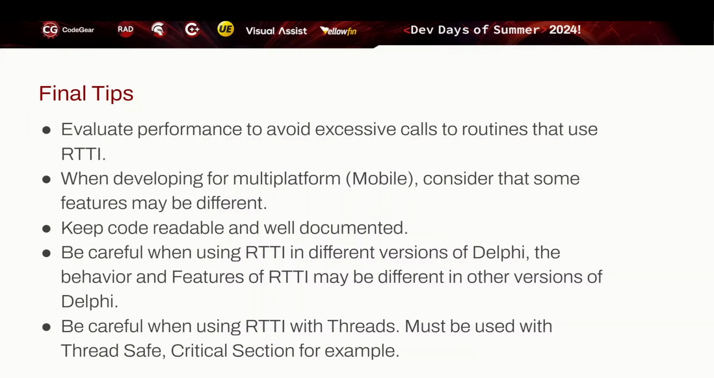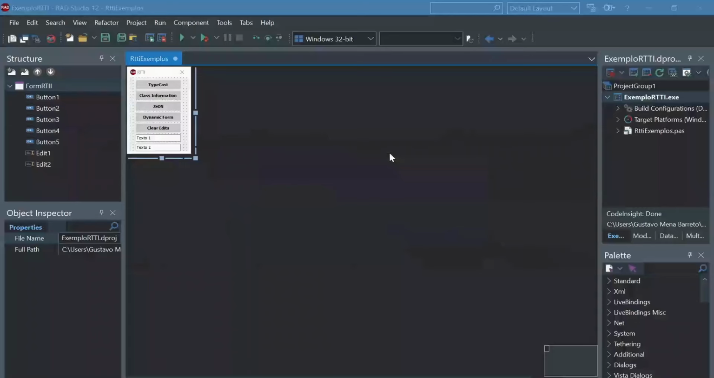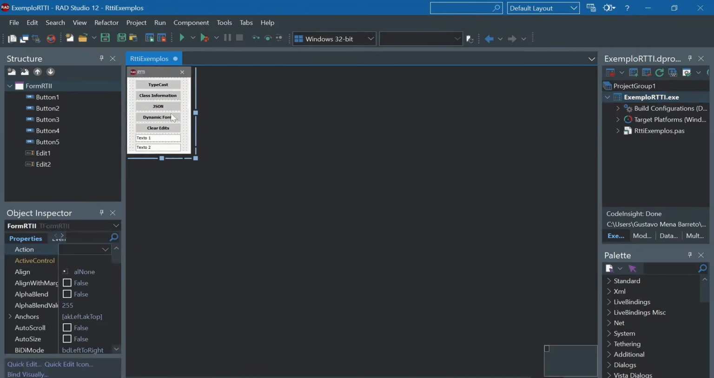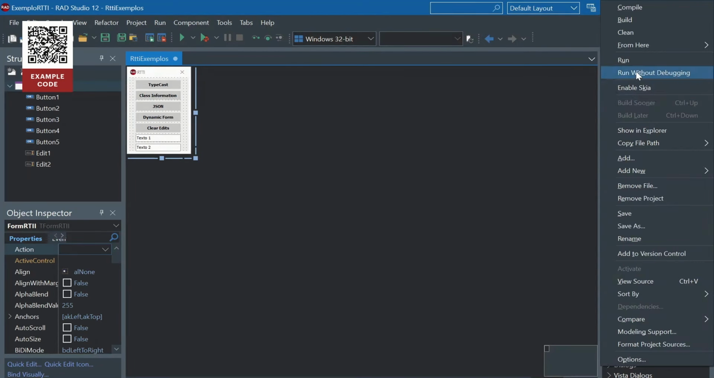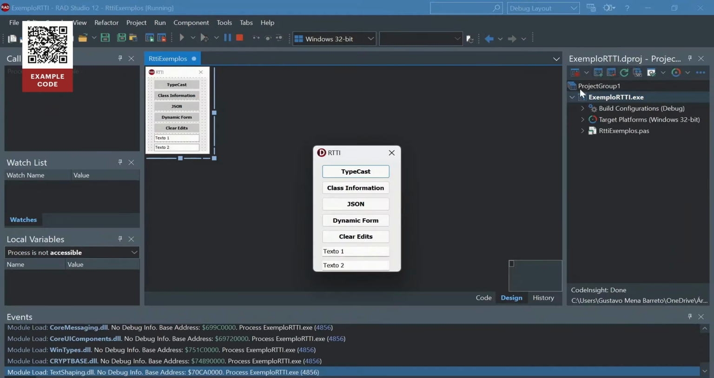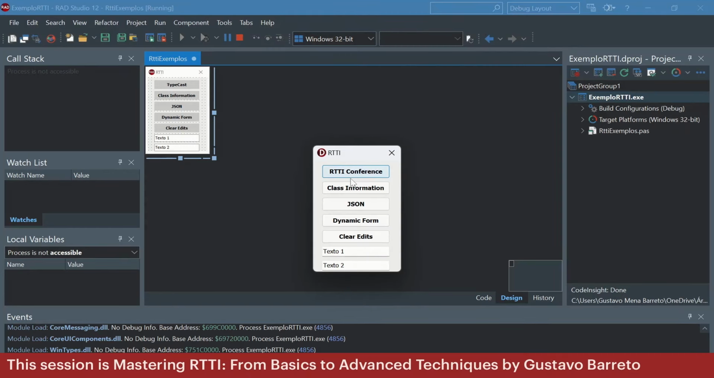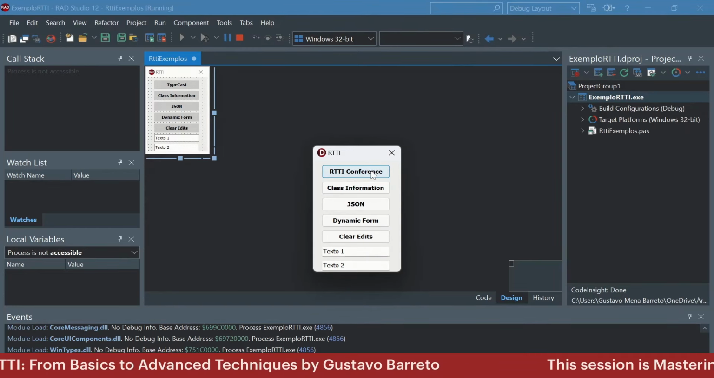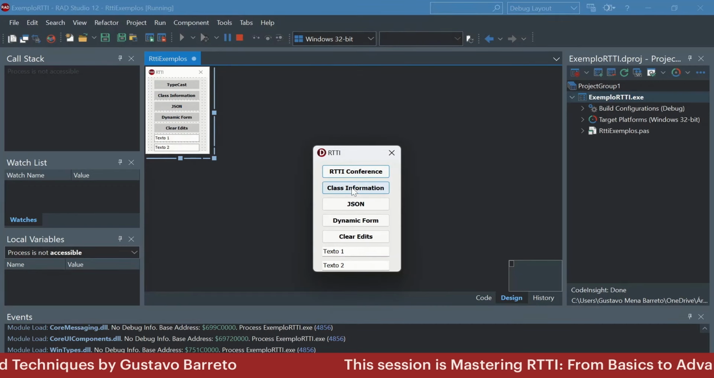Okay, I'm going to show you the other examples in the project right here. All these examples in my project I showed you before in the slides. Okay. The first one, we have the typecast. The typecast here verifies if a sender is a TButton. If it is, change the caption of this TButton. Okay. The next one is a class information,